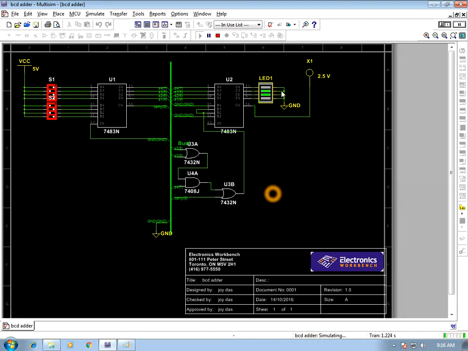And why is it showing 6 instead of 16? Because it is a 4-bit output, so it will show the addition of 11 plus 5 as 6, because the total BCD number is an 8-bit number, and the MSB 4 bits cannot be shown here as it gives only 4-bit outputs. So 11 plus